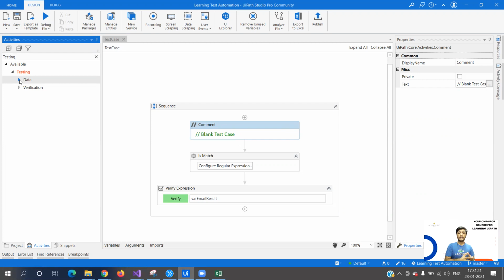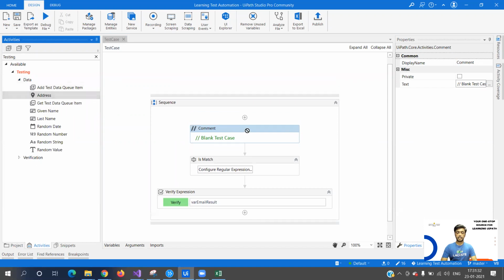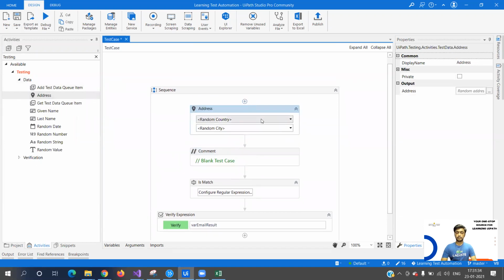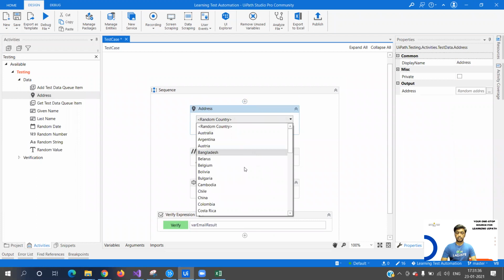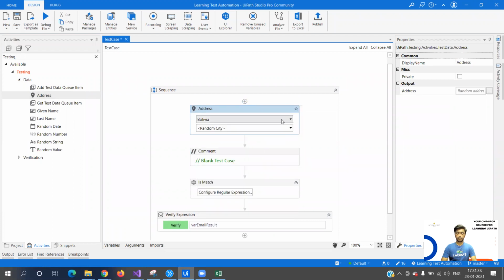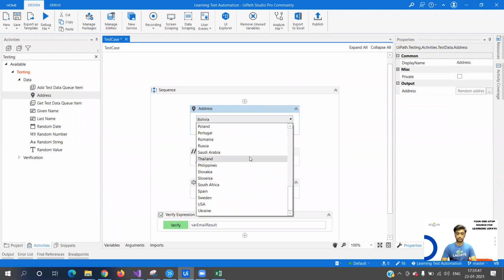But in case you are trying to build a data-driven test case, how can you generate random data? These activities are available, as you can see now. Add test data queue item address. If you want to generate a random address, you can simply take that. So random country, it can be anything. You can select any of the countries,